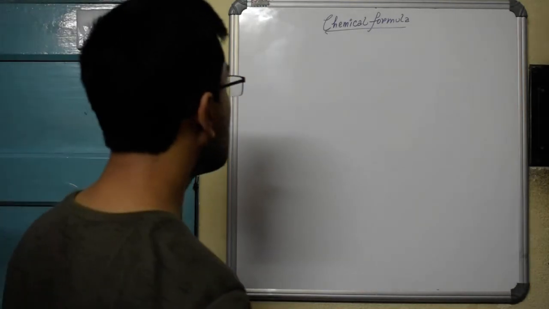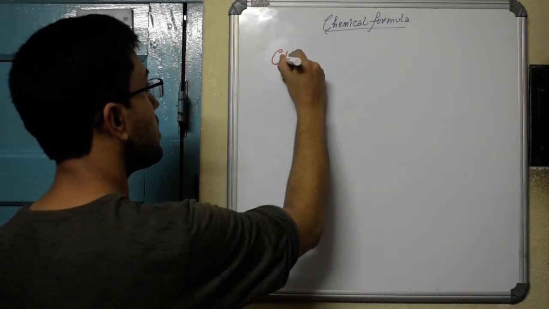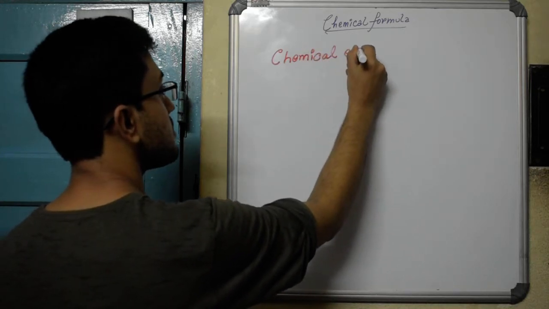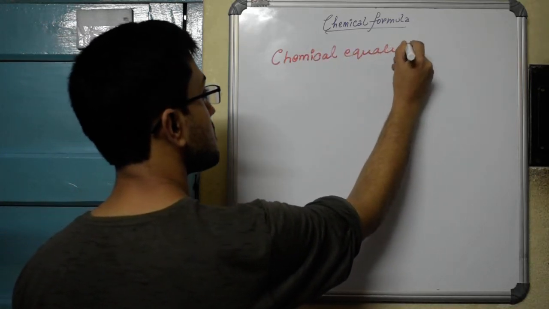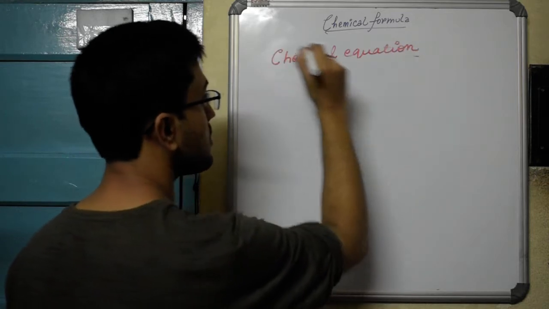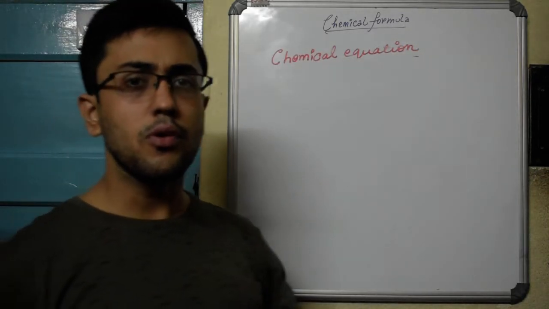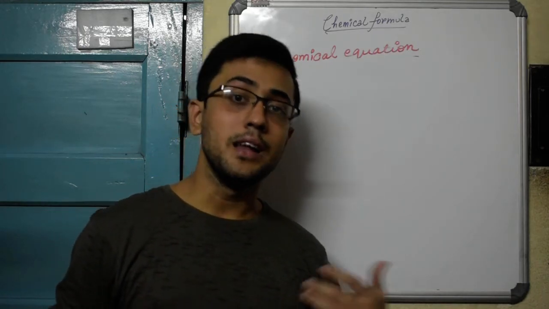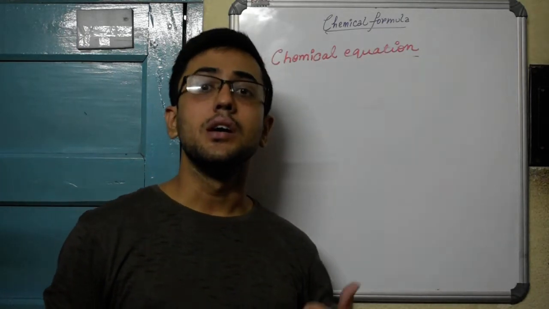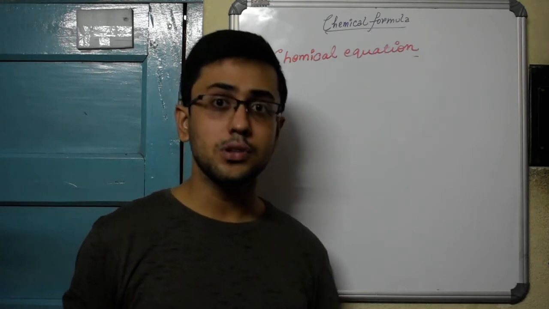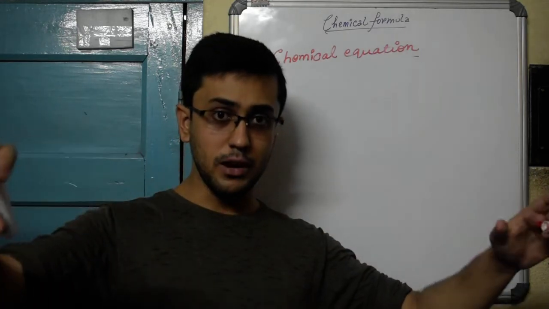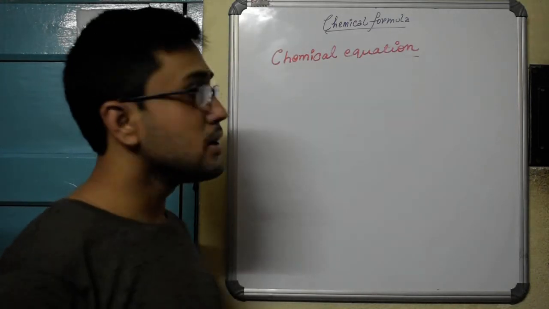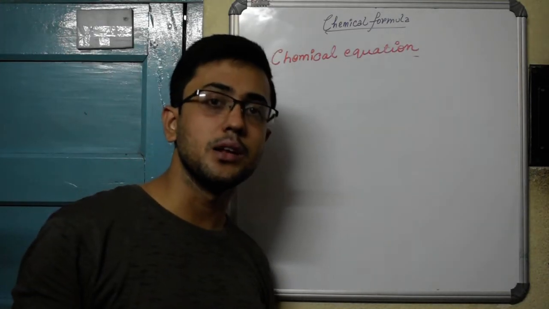With that, we move into the next area, which is chemical equation. Now you must be familiar with what a chemical equation is, because last year when you studied electrochemical reactions, endothermic reactions, exothermic reactions, you had to memorize all those equations. Those are chemical equations only. So here you will study the theory behind chemical equations.